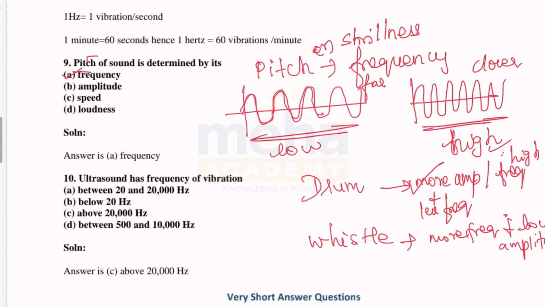The 10th question. Ultrasound has frequency of vibrations. Usually, when we talk about vibrations, the frequency which a human ear can detect is equal to 20 hertz to